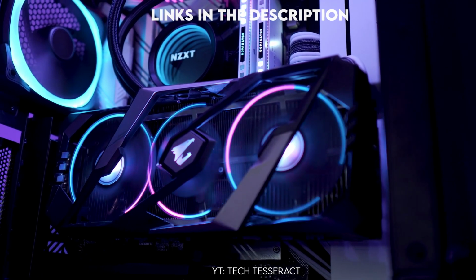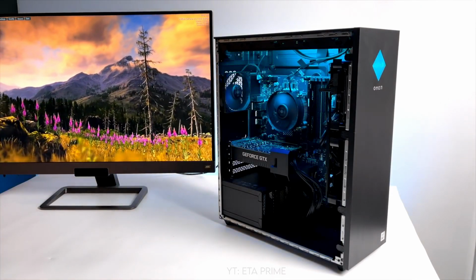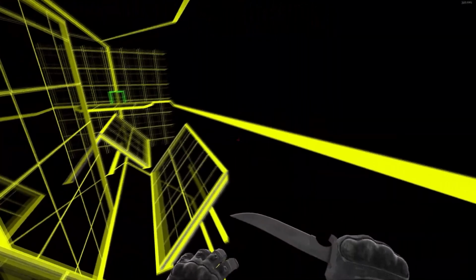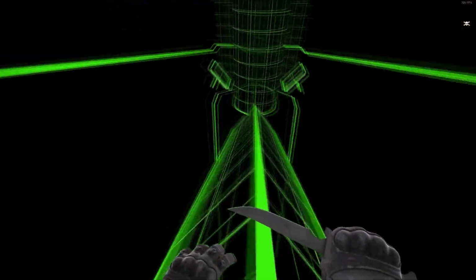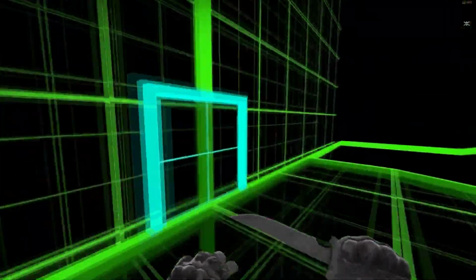Now let's start. So with the first PC we have the Omen 25L with the RTX 3060 Ti, the Ryzen 5 5600X just for $1,450. And I know I say just, but that's because I couldn't find a better deal with the RTX 3060 for a decent price. This one was the cheapest one that I could find, and it's a pretty good gaming